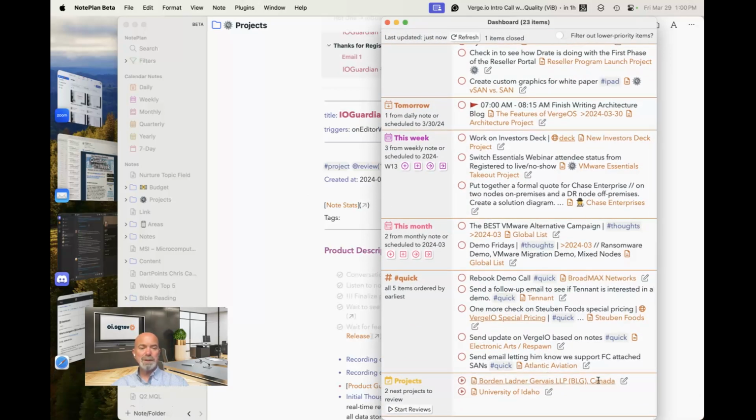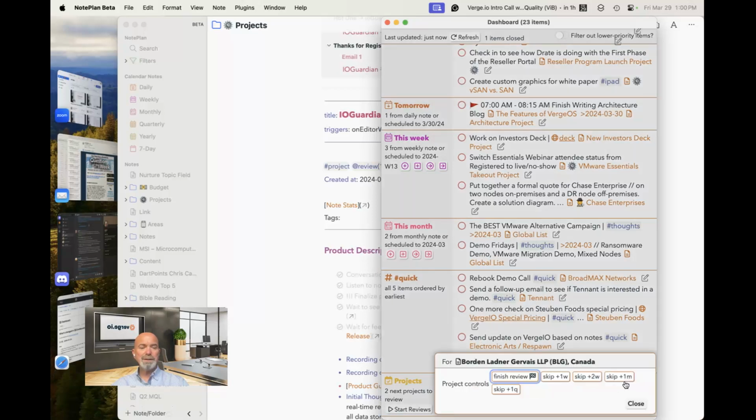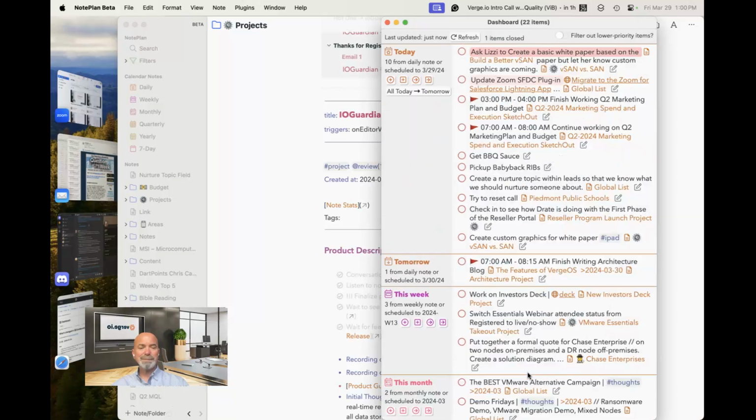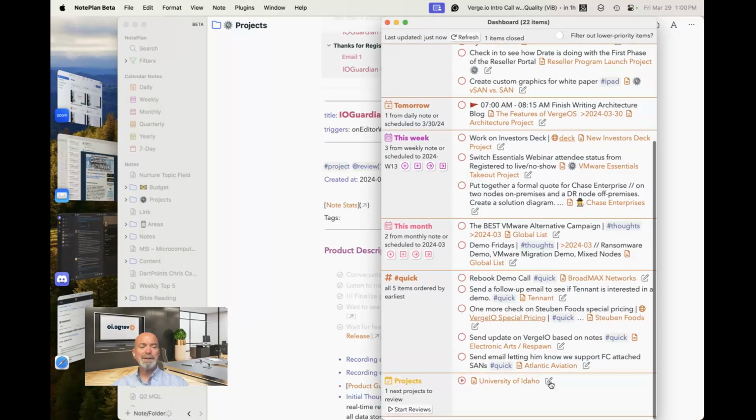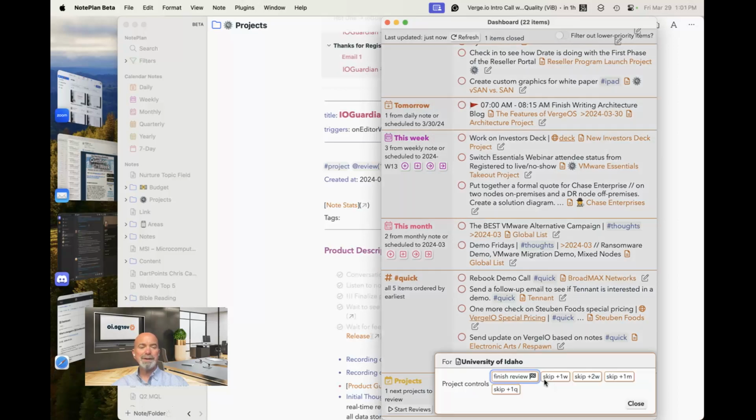You can also do that from here. I can just finish the review and move on. And so I'll do that. And then that one disappears, and same thing here. I can go in and just hit finish review. So that's a really nice capability to have. So I can quickly go through. Now,